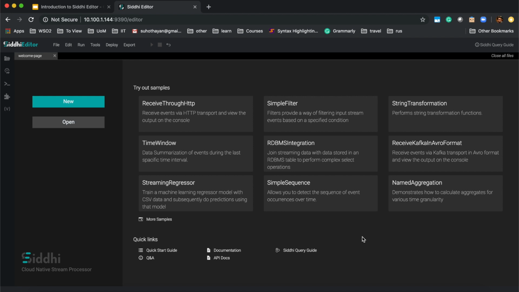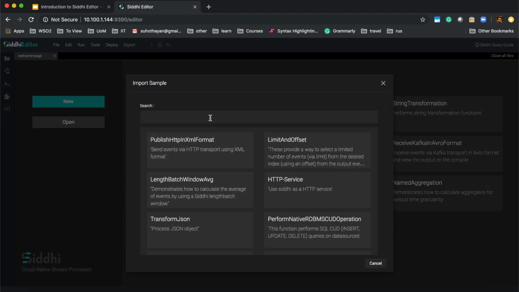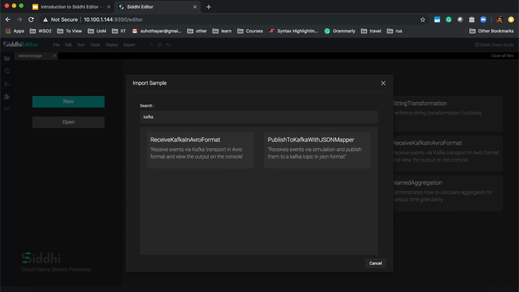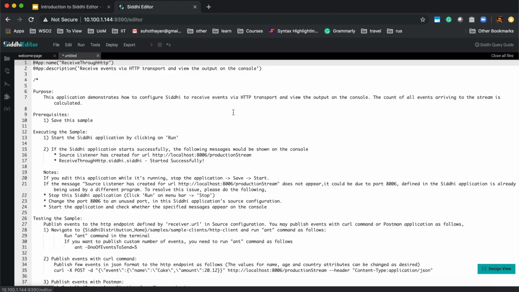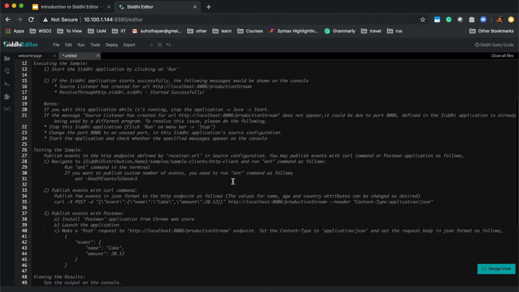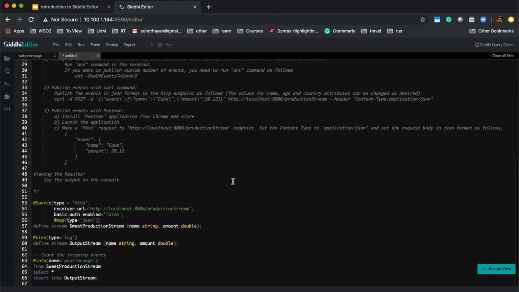When you open the editor, on its welcome page, you will be able to find some samples. You can access more samples using the More Samples section. There, you can search for any sample that you like. Let's search for Kafka. You will be able to find the samples related to Kafka. When you click on a particular sample, you will be able to find the instructions on running that sample and